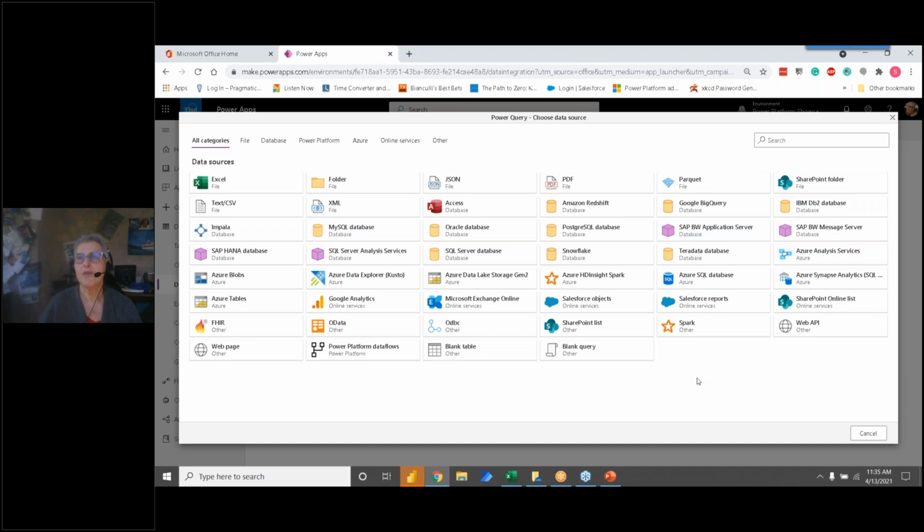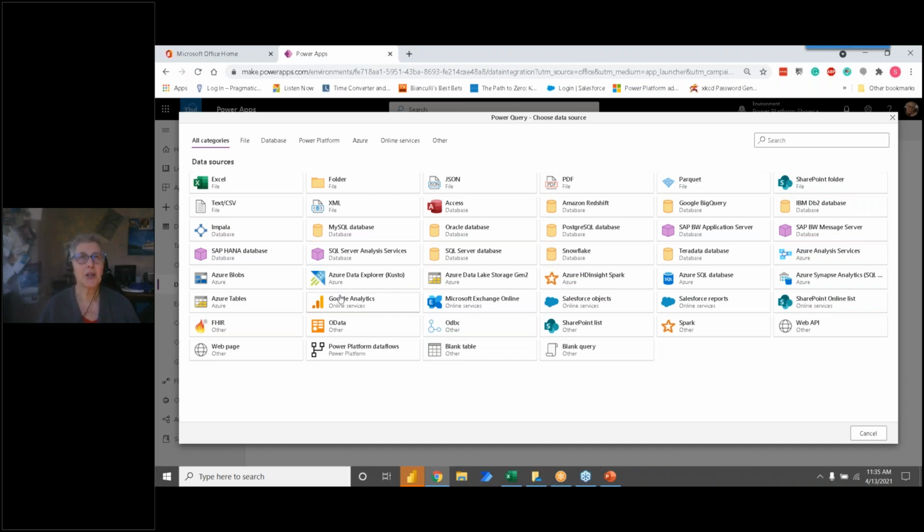So if you're looking for a connector that you don't see and you've seen on the internet that that connector exists, that probably means that your administrator for some reason has blocked that particular connector, and a conversation with them might have them understand why it doesn't need to be blocked, or you may have to justify why you don't want it blocked. Okay.